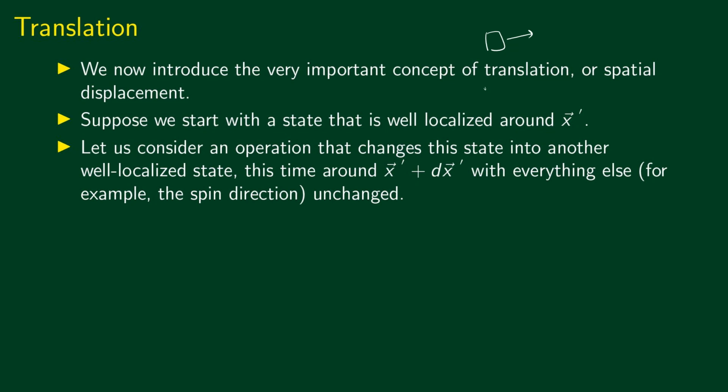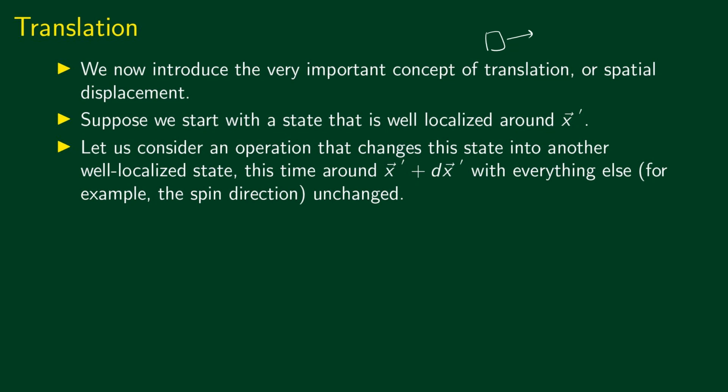Let's take a state that is well localized around x vector prime, all right? This is a position x vector prime. So we are talking about a special state which is localized around x vector prime. Okay, then we can move on to general states. So we are talking about spatial translation. So it's easier to start with a state which is localized in space,